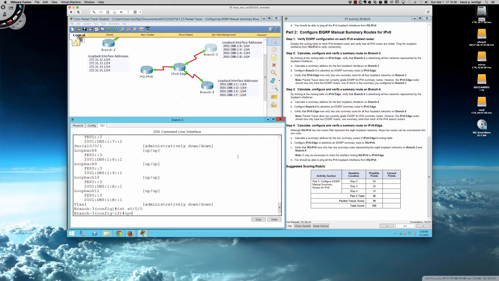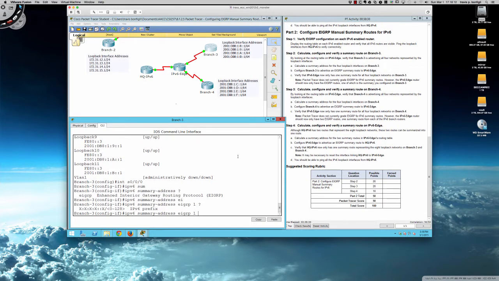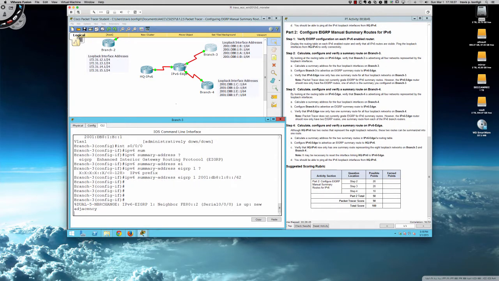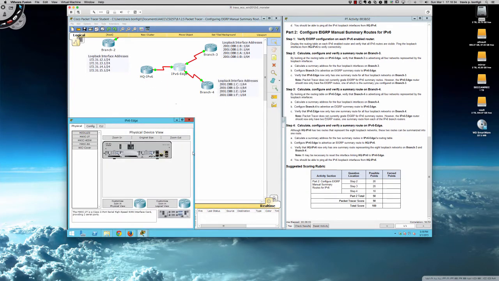and what would we say? We would say IPv6 summary-address EIGRP 1, and what is that prefix going to be? Well, it would be 2001:DB8:1:8::/62. And so we drop that in, and as you can see, we had an adjacency change there. If we come over and take a look now on router IPv6 edge,